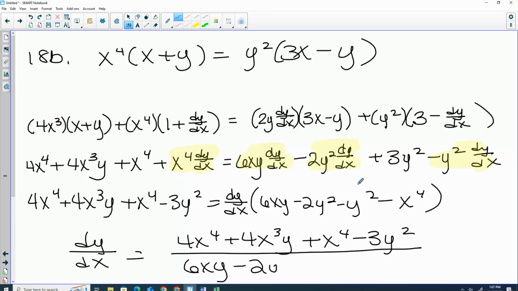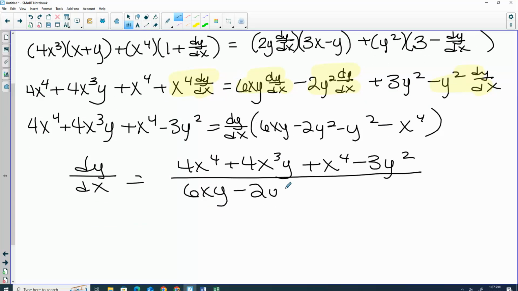Two y squared and negative y squared, you could go ahead and, I guess, well, I haven't combined yet. You may have already combined them. Let me put everything together. You have a 5x to the 4th